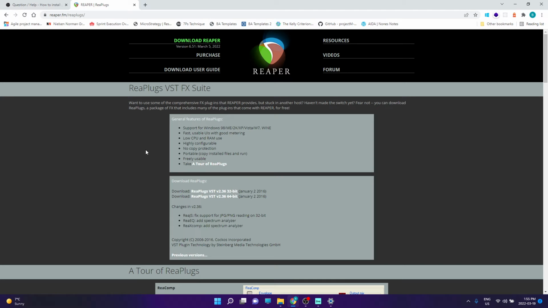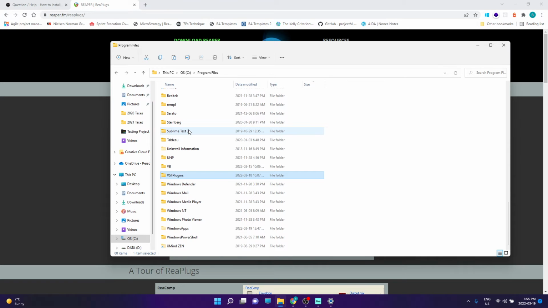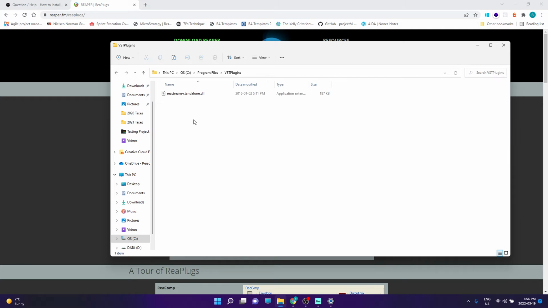Okay, one thing you'll want to do is just make sure that OBS can pick it up. In my case, unfortunately I couldn't find the VST at all. So what I had to do is create this VST plugins folder within program files, not program files x86. I actually had to go back, copy the DLL file that's in here, and then paste it in